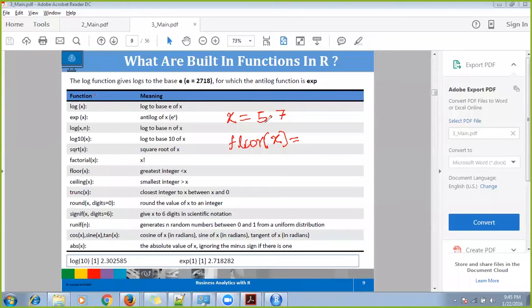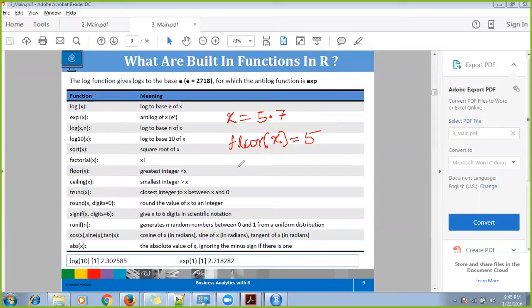Can you tell me what is the highest possible integer which is less than 5.7? Cool, 5, correct. So your floor will be 5.